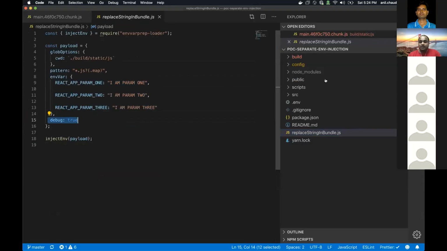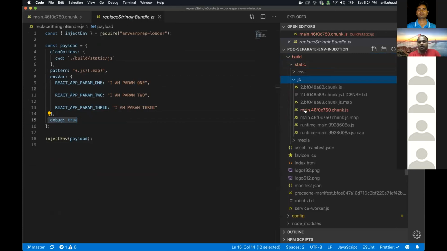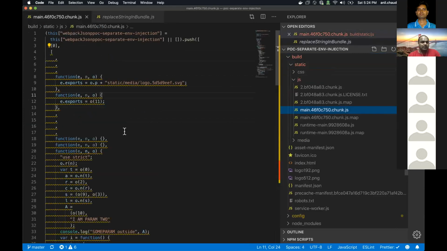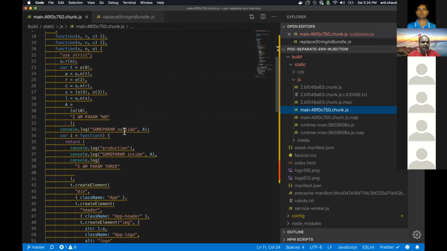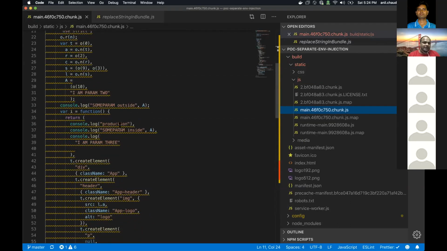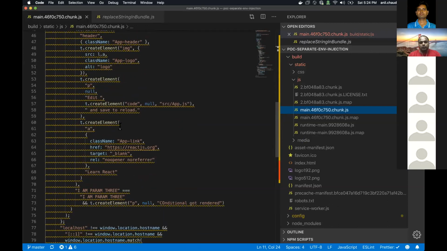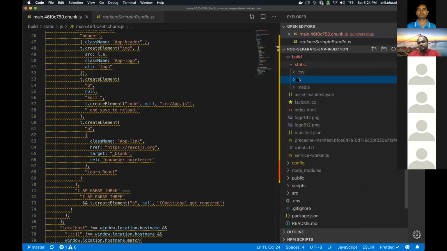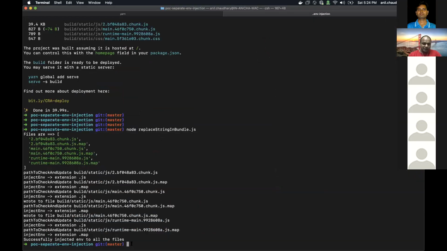Once I run this script, let's go to the build folder again and see what replacements have been done to our bundle file. Now you can see that the weird looking strings have really gone, and we have these actual values with us. Okay, now to make it complete, let's run this project and see whether this works.